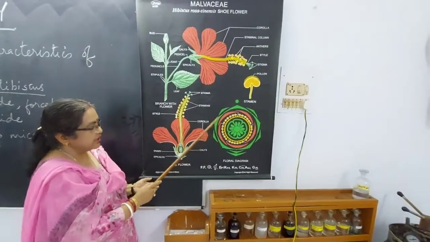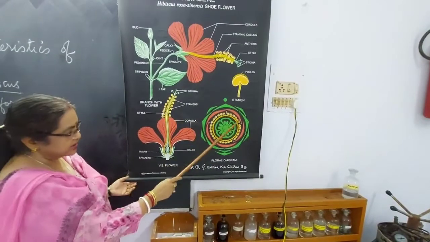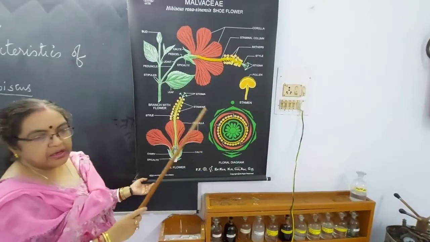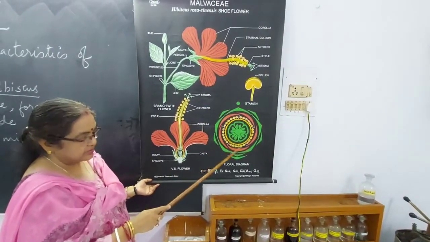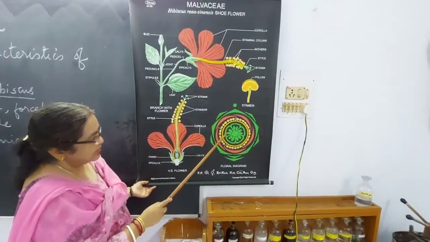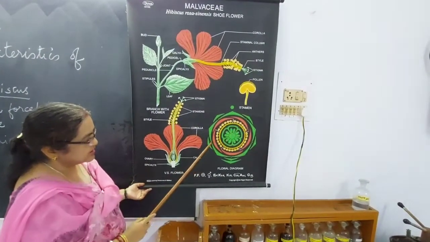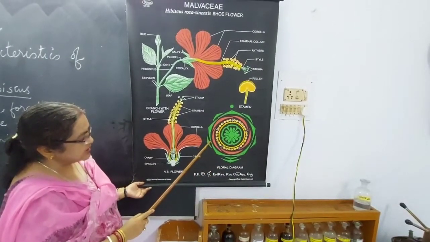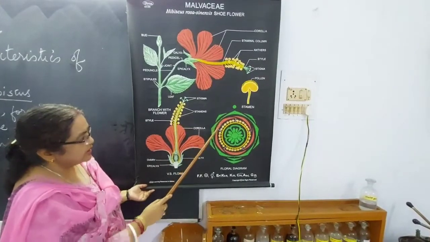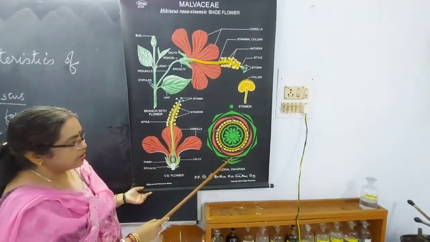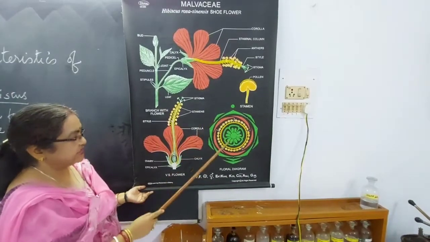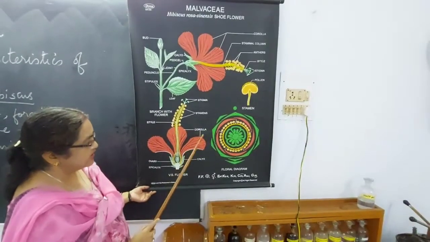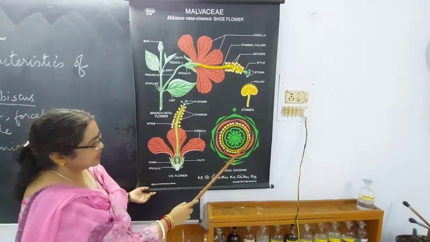Then this is a very important part of your practical, the floral diagram. Everyone has to make a floral diagram using proper compass and everything. So the first fold, this last one, this is the epicalyx, then this is the calyx. So calyx, you see it is joined, gamosepalous, so 1, 2, 3, 4 and 5 are there. All of them are joined with each other. Then next one is the corolla, made up of 5 petals, 1, 2, 3, 4, 5.